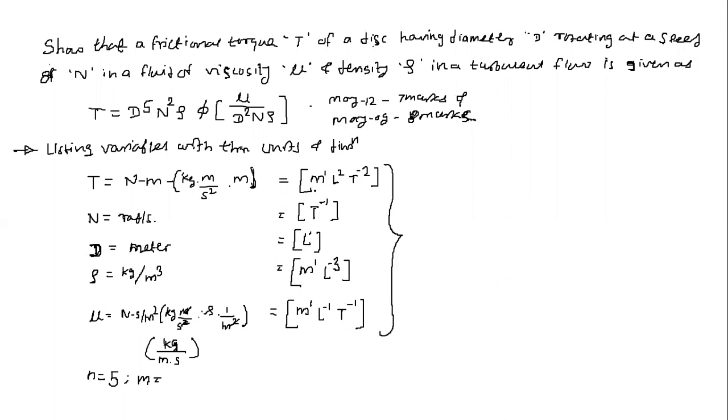So now we are finding that in the first physical quantity, that is the torque, M is there, L is there, T is there, all three are there. In only one we got the three, which means the maximum number of fundamental dimensions is three and all are existing here.